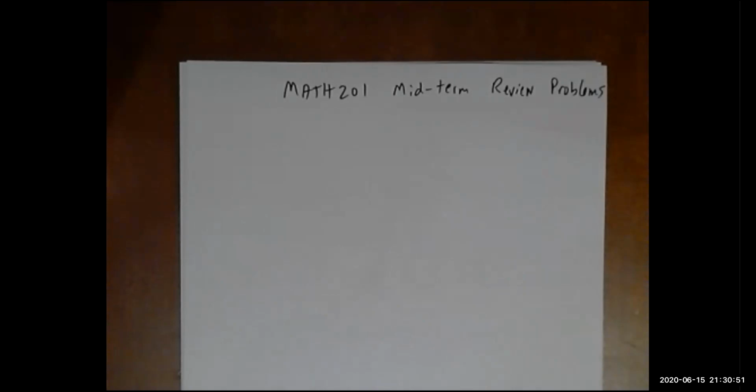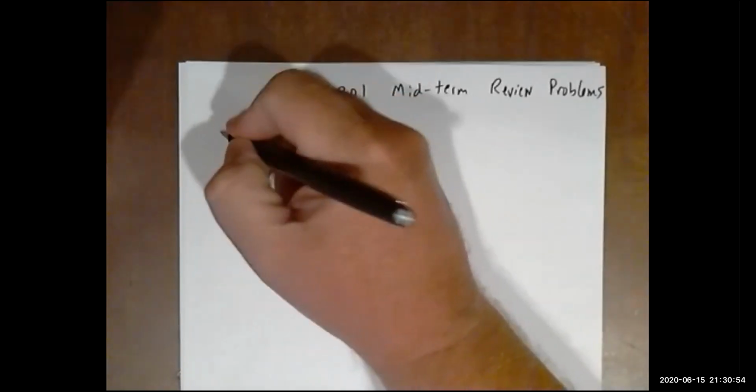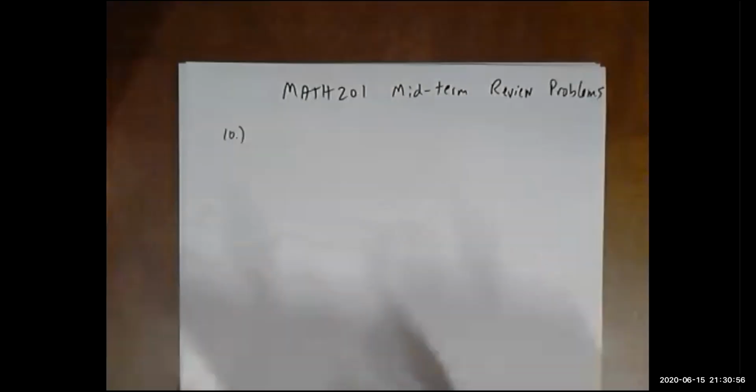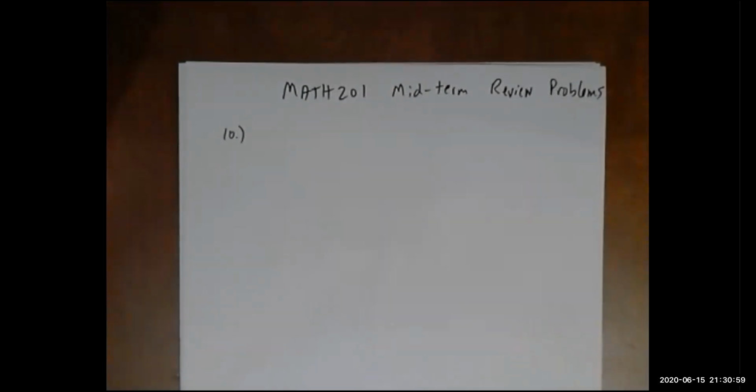We are now ready for problem 10 of these review problems. The first video was the first 9 problems, and they all dealt with if we were given a graph, how do you determine the limit of the function if you're given the function as a graph? However, now we're going to start working on determining the limits of functions when the function is given as an equation or an expression. Let me go ahead and just show you the first problem we're going to work on,